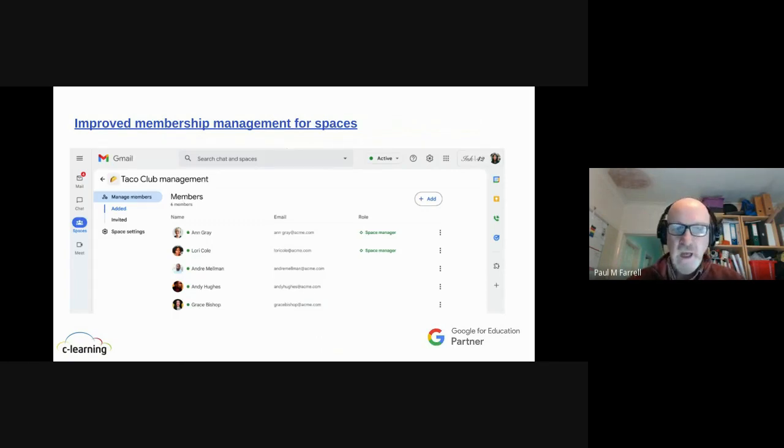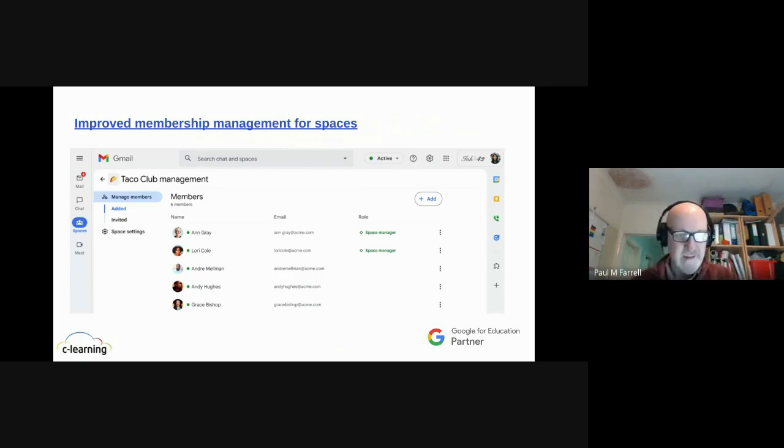Okay. I checked this. I didn't check it this morning, actually. I checked this on Friday, and it's not on our domain yet. But at the moment, it's a little bit of a clunky way to manage membership inside Google Spaces. And that is going to change, and you'll be able to go in there and add and remove people far easier than you have done in the past, and look at all the settings within that particular space. So yeah, it's not hugely terribly designed at the moment, but it is a little bit clunky